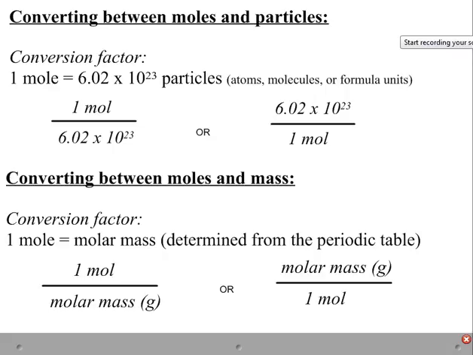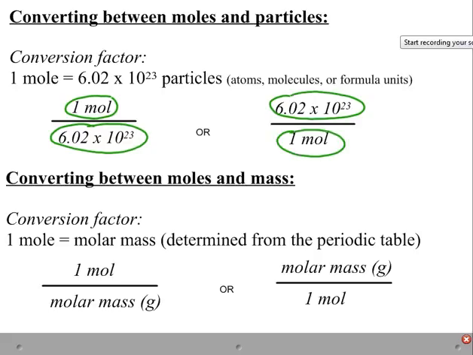So you can have 1 mole over 6.02 times 10 to the 23, or 6.02 times 10 to the 23 over 1 mole. Okay, and we should have the word particles here, so we have a unit there. And I'm going to use the generic term of particles here because we don't know what kind of substance we're working with. But a conversion fraction like these, you can use them in either direction, whichever direction you'll need to